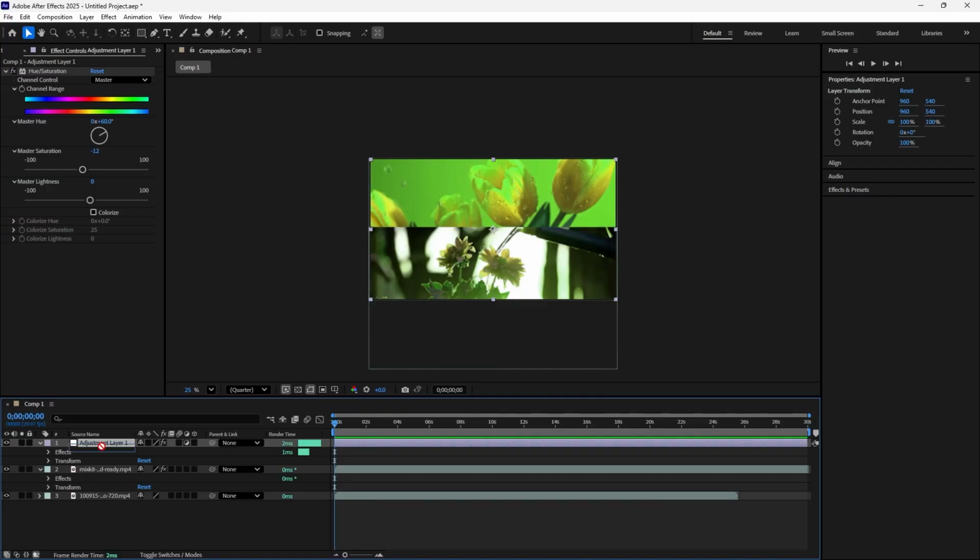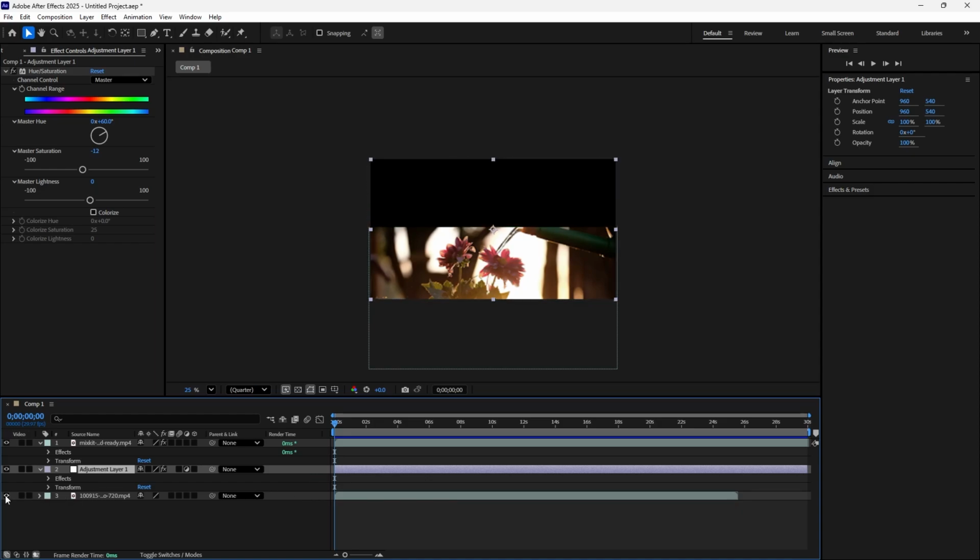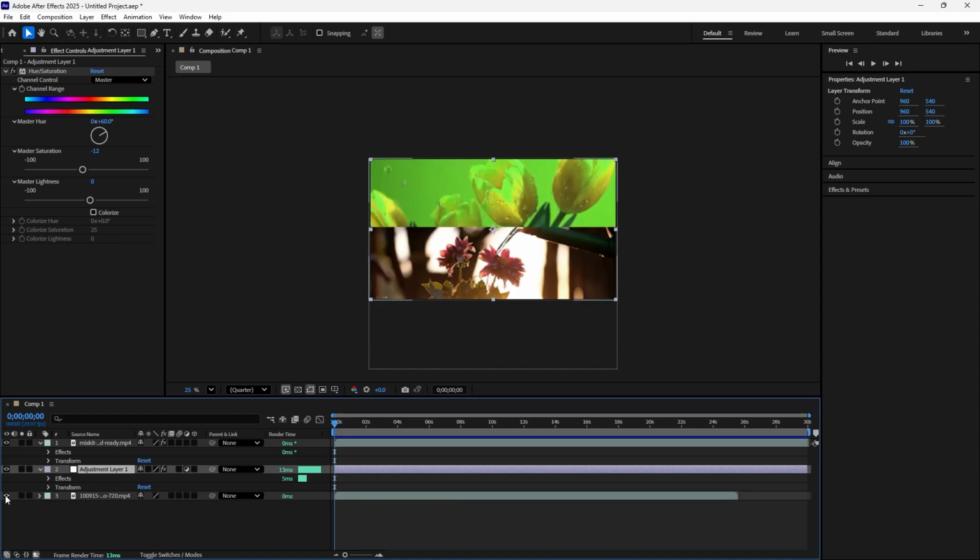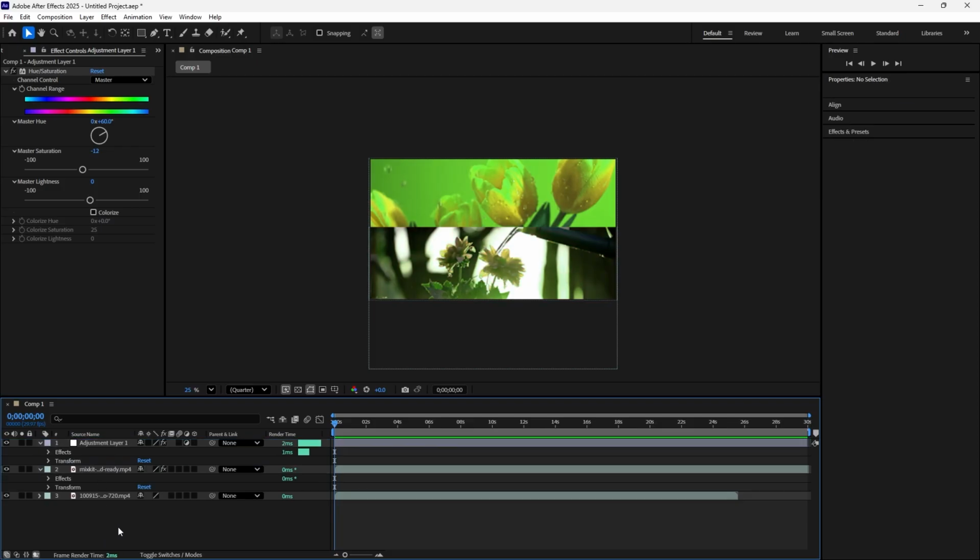Suppose if I change this to here, see, so that means what? Below this adjustment layer, this video is there, right? So that means what? Through the adjustment layer, that effect is applying to that bottom layer, not this top layer. So if you want to apply the same effect to all the layers, keep this adjustment layer on top only. Okay, so then